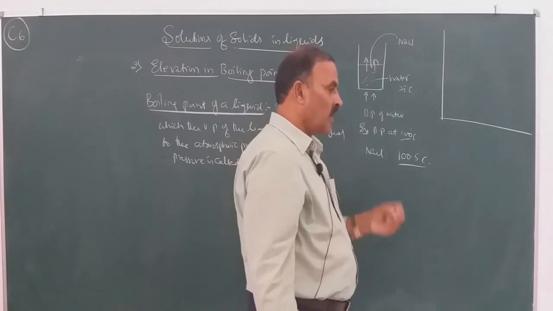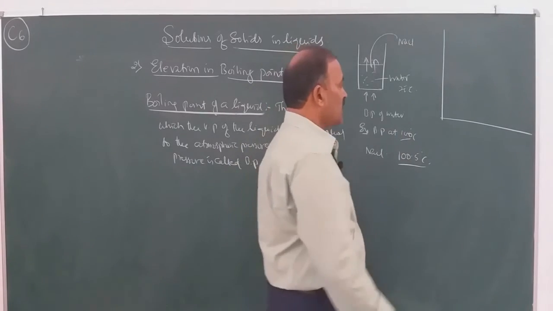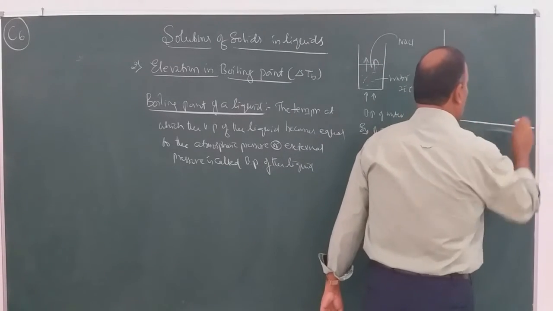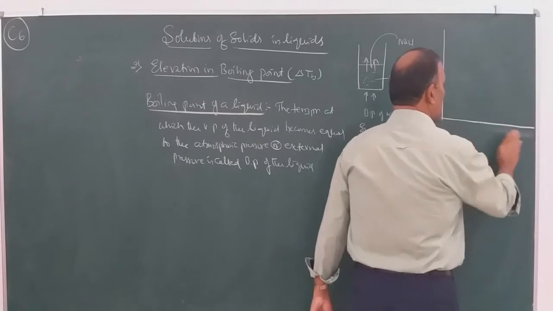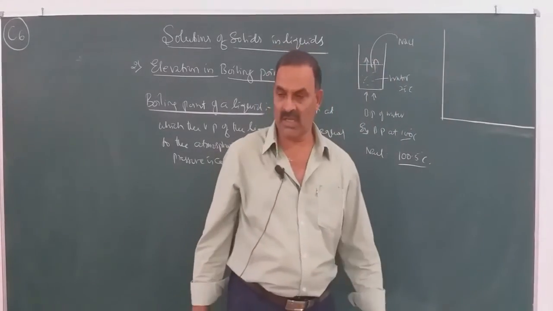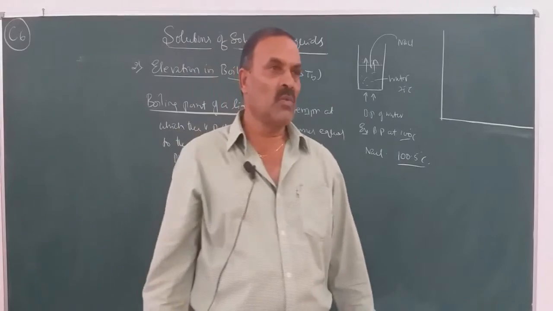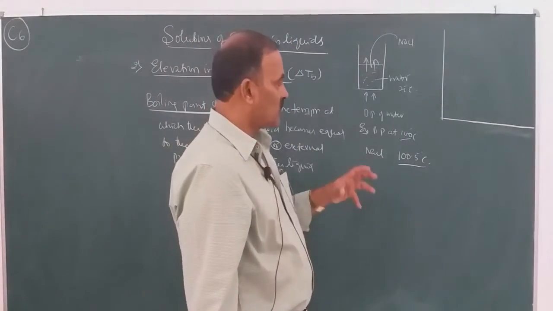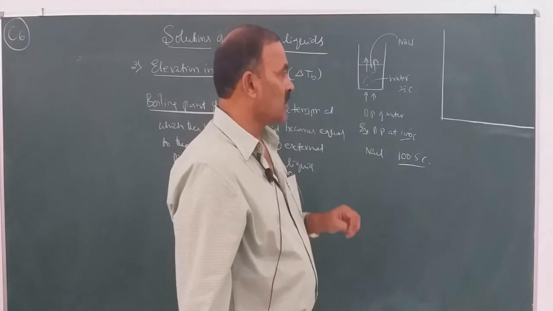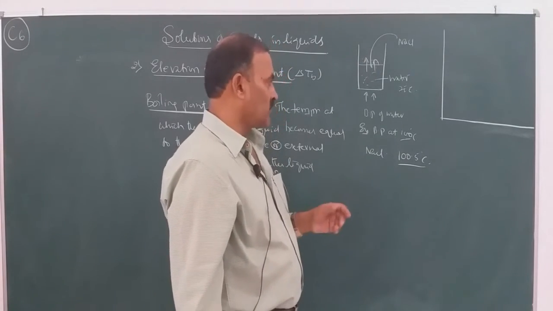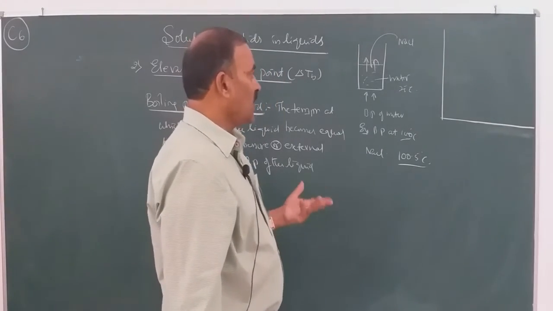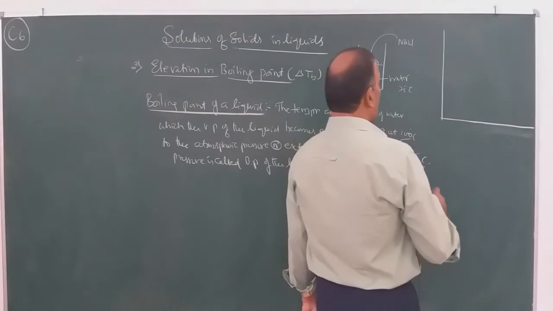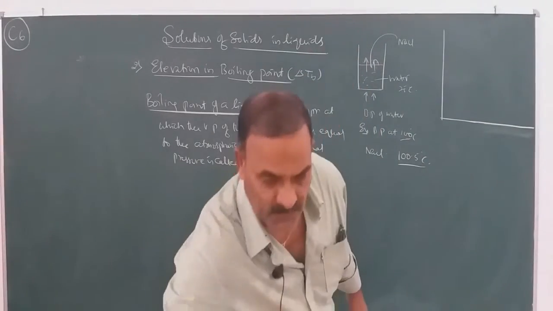For example, you will be asked in the examination, what is the boiling point of sea water when compared to river water? So, whose boiling point is high, river water or sea water? The boiling point of sea water is more than river water because sea water contains salts. Addition of salts increases the boiling point of solution. That is known as elevation in boiling point. So it can be represented in the form of graph like this.